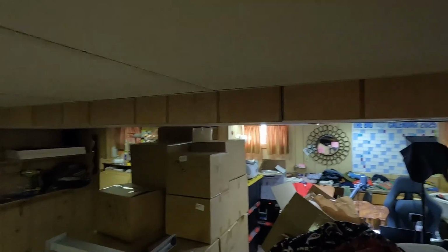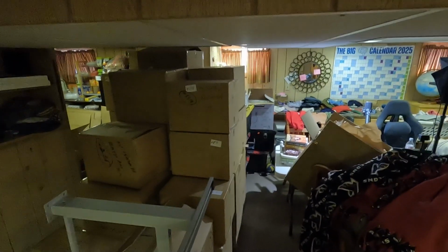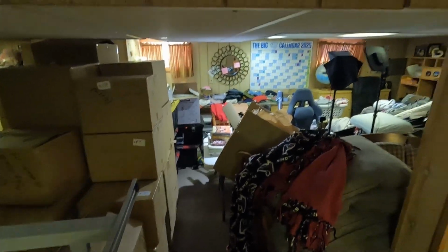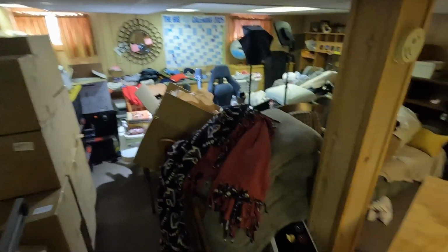Like in your kitchen, you have drawers with spoons and utensils, and then you have that one drawer where one of these feet falls off a piece of furniture, but you don't know what piece of furniture it is, and because you think you will need it someday, it just goes in the drawer. Crap like that. And depending on your personality,